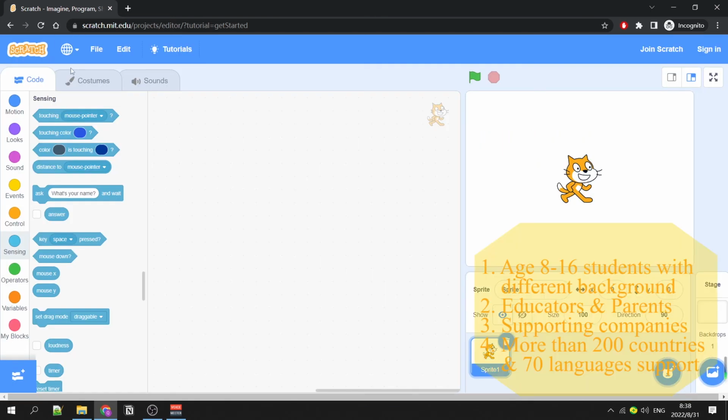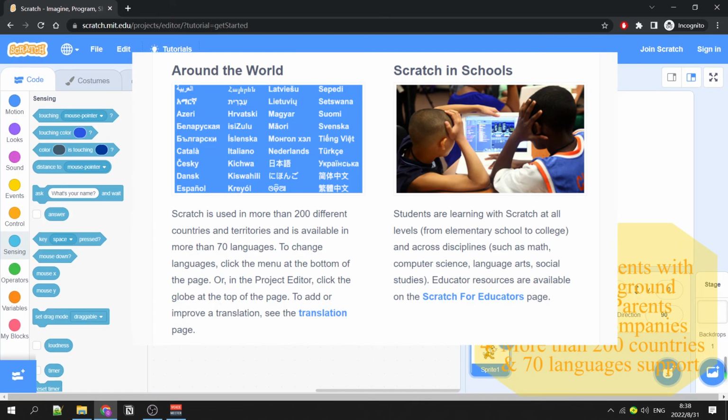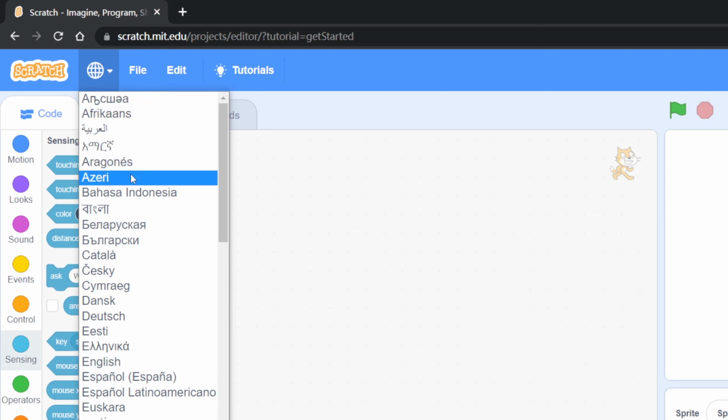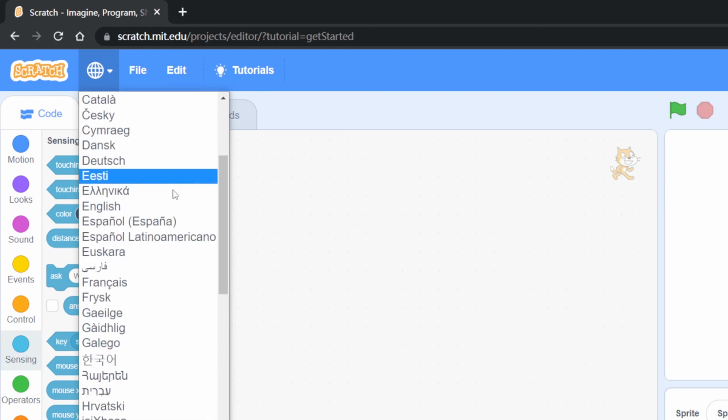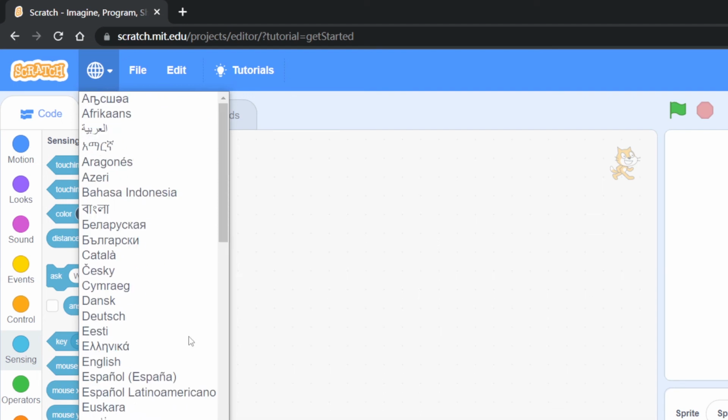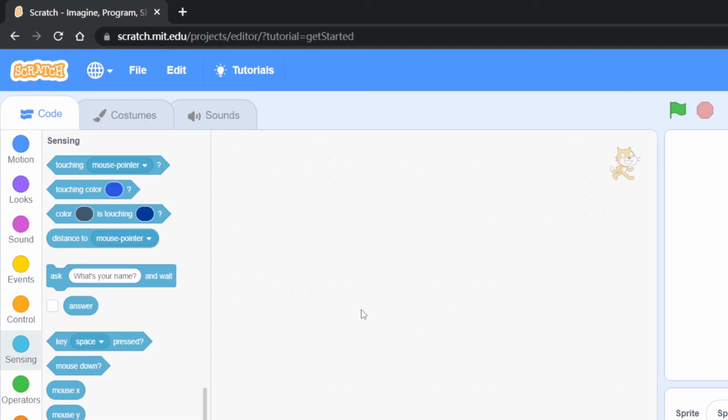So Scratch today has been used in more than 200 different countries and territories. And besides that, you can also see that Scratch supports over 70 languages. That means no matter whether in the US or in China or in Japan, you can use Scratch to help your kids learn programming. Scratch is so good for young kids to study programming at the beginning phase,